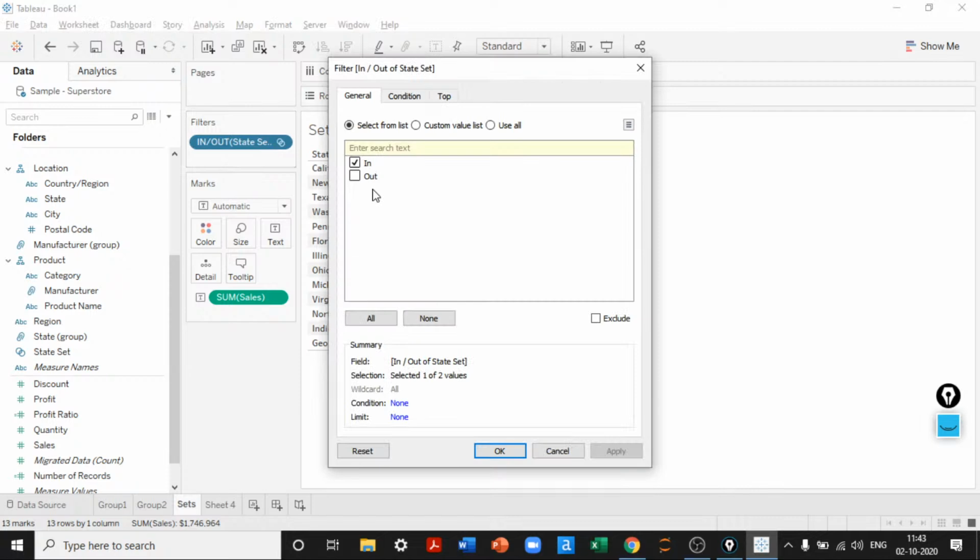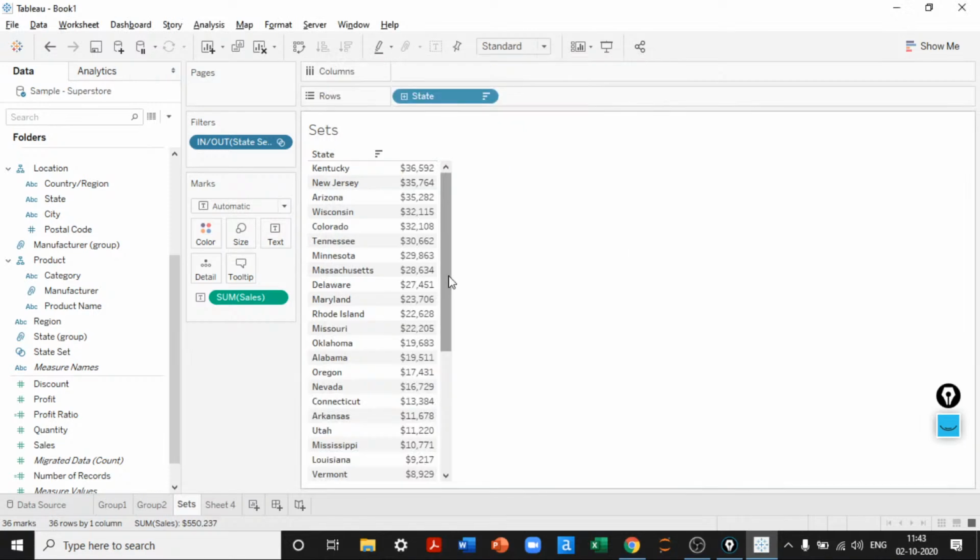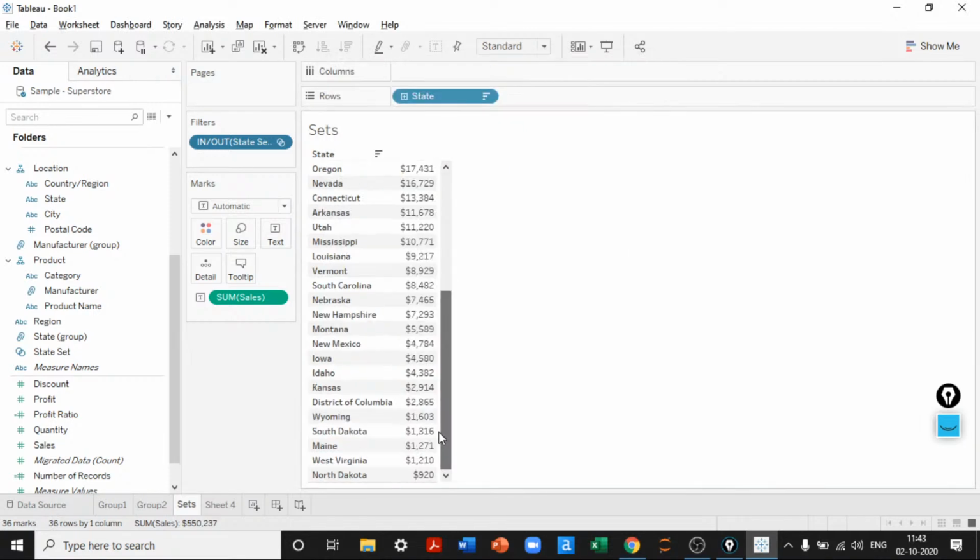What if I wanted to know the worst performing states? I'll just choose out, then apply, just do OK. There are 36 states as I told you. Looks like a few states are selling only $1,000, which is very poor, whereas North Dakota is selling for only $920, which is extremely poor in nature. So I have to focus on these 4 5 states where I have sales lesser than $1,000